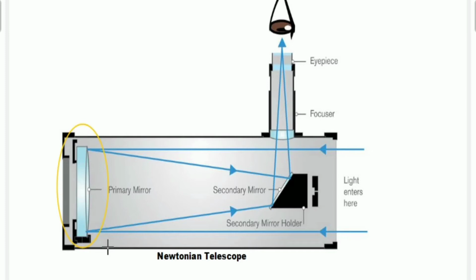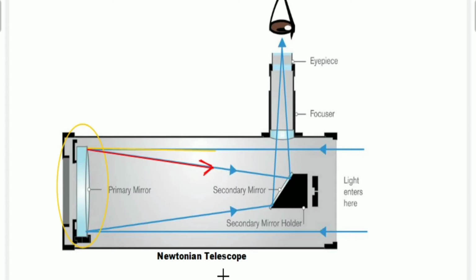And we know the property of a mirror. What is the property of a mirror? When the light is incident on the mirror, of course it gets reflected back. Observe, this is the ray of incidence, and finally the light gets reflected back here. Observe, these are called reflected rays. With the help of yellow color, I have already shown the incident ray, and these are the reflected rays. This is the property of the mirror. Because of this, the Newtonian telescope is also called a reflecting telescope.